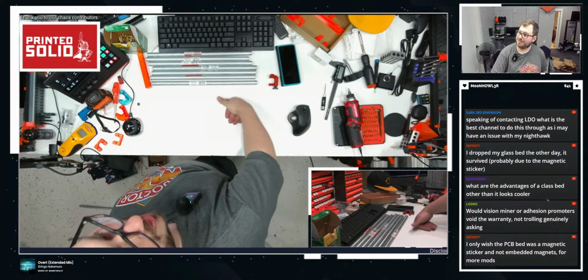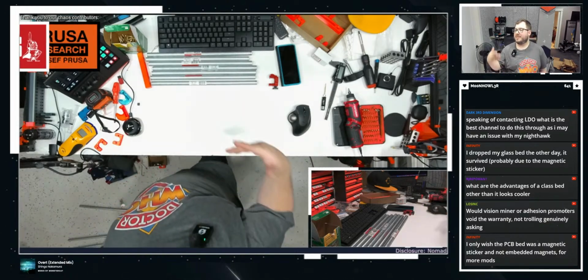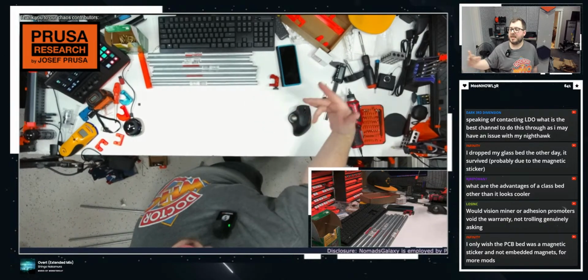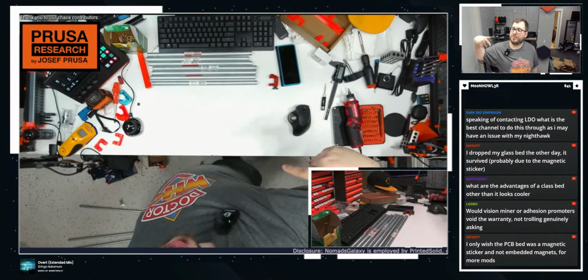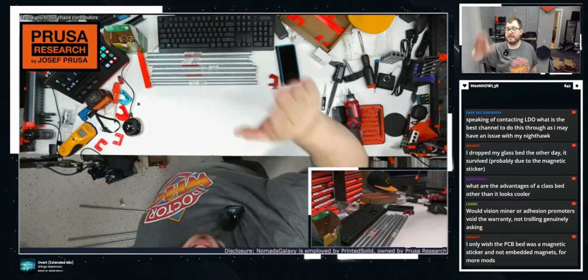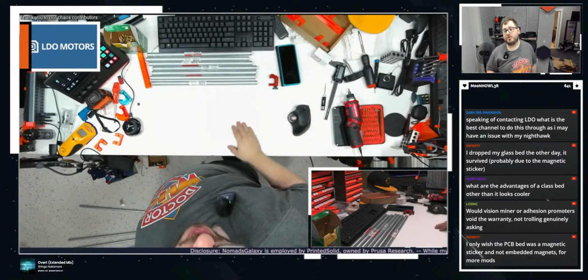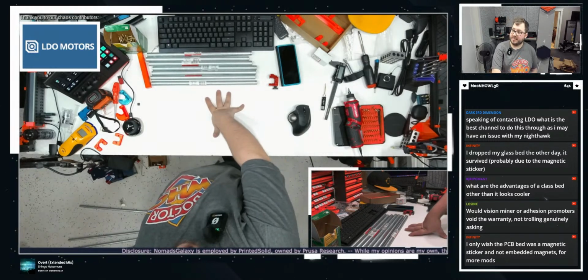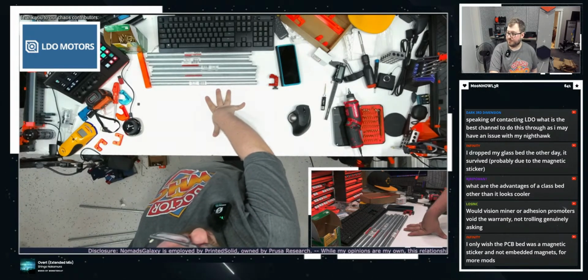Adhesive is going to increase the adhesion. They weren't understanding that we use that adhesive as a releasing agent. So adhesives will not void your warranty, because we know that it's used as a releasing agent.